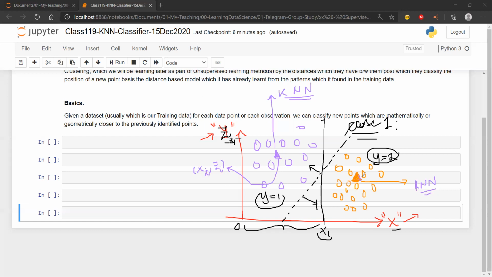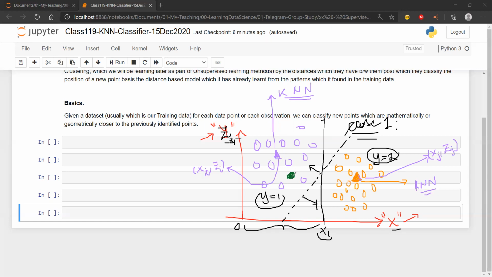Just the coordinates. So in the same way, this one will also have, let's say, xj comma zj, right? It's just going to remember the coordinates, and then what happens? Let's say I get a new point. Okay? I get a new point, which is this green point.